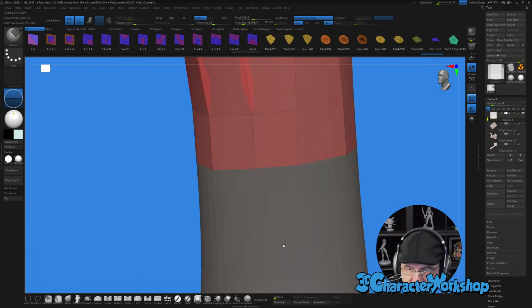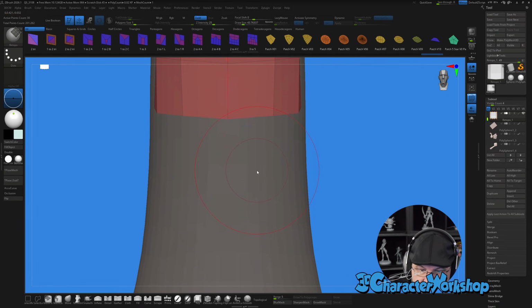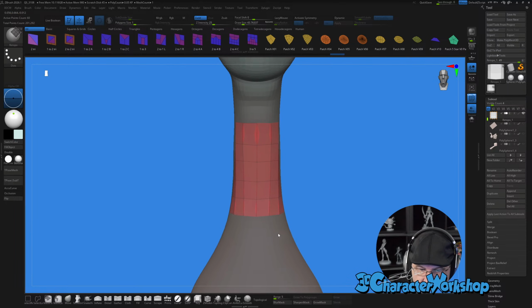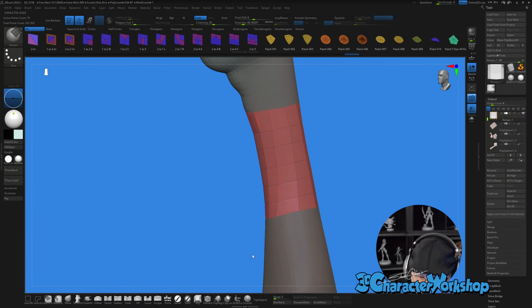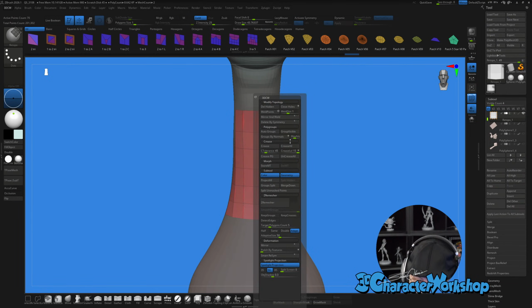That made some weird. I think it's making it weird because I have symmetry turned on. Let me try it again. Okay, I'm going to have to mirror and weld this anyway, but let's just bring it down a couple loops. I don't know how far I can get away with. It should snap when I let go. See, it's snapping. Okay, let's do a mirror and weld and see how good I did it.